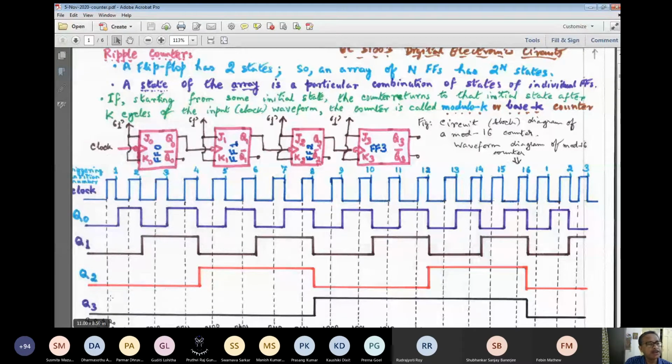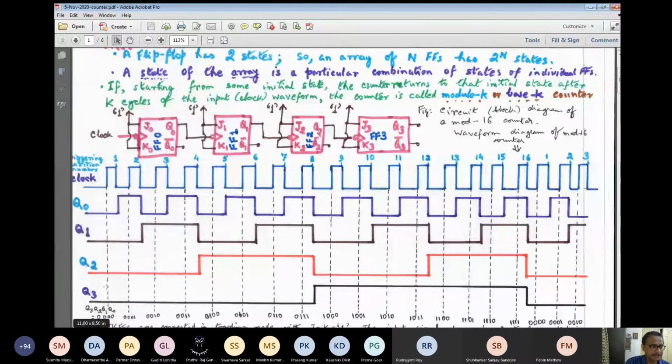That means the normal outputs of the 4 flip-flops FF0 to FF3 have been forced to go to logic 0 when the circuit is switched on, and also the clock starts arriving at the input from any external source. Let us say a clock generator is there. The moment the circuit starts, the clock starts and affects the state of the counter. So the initial state was all zero. We can read the state in this manner.